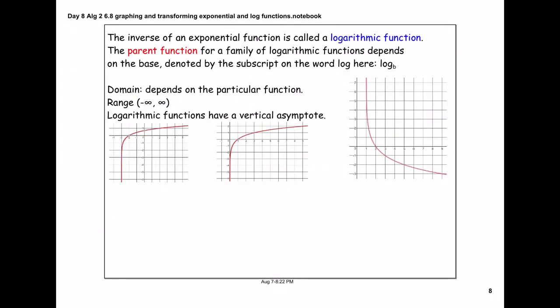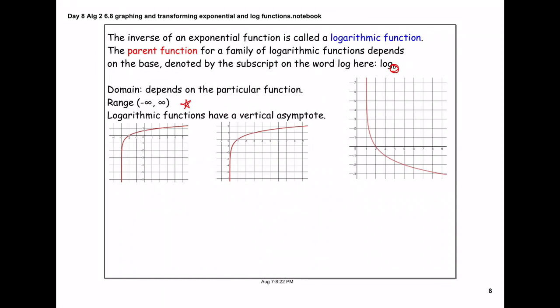The next slide is just information. The inverse of an exponential function is called a logarithmic function. The parent function for a family of logarithmic functions depends on the base, denoted by the subscript on the word log here. So your base, remember, is this little number at the bottom. The domain depends on the particular function. The range will always be negative infinity to positive infinity,